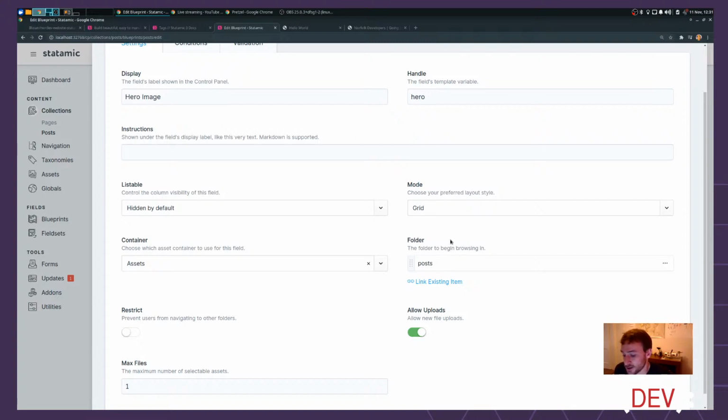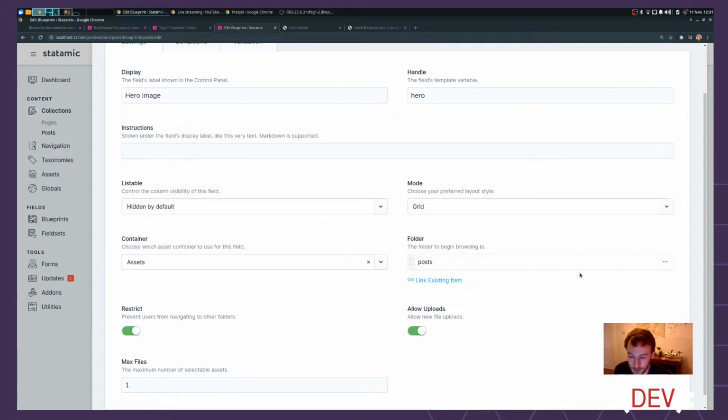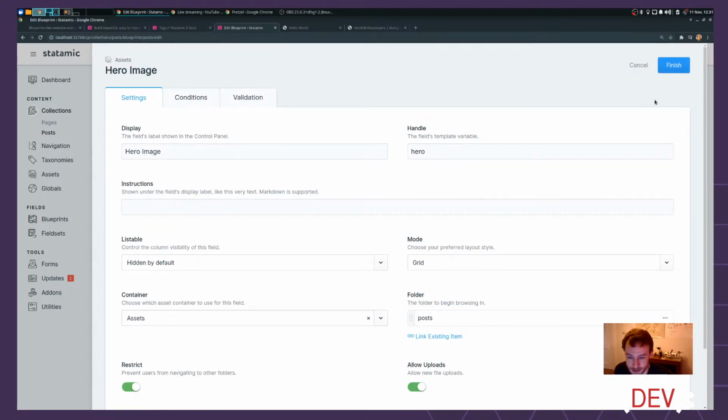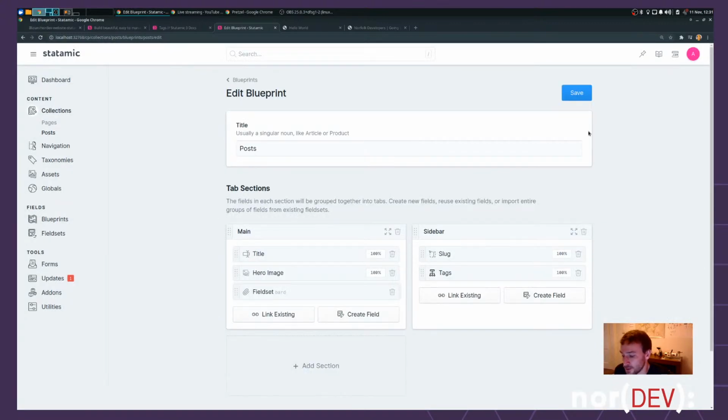If you would like them to only ever be able to get to the posts directory, and only ever upload and choose from the posts directory, check the restrict option, and now that is the only place they're going to be able to source images from and upload images to. So we'll save that. We'll save this as well, and we'll go across to posts